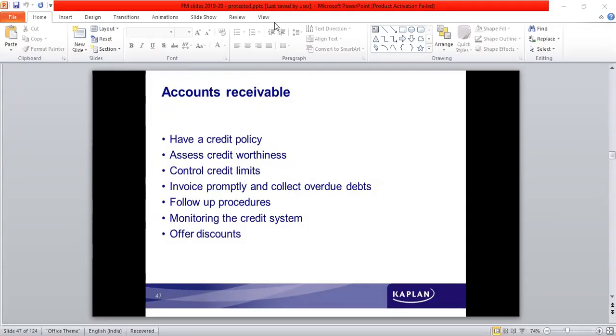So is credit facility extended to all types of customers? That is an important point. Or are all customers entitled to that? Then they have to evaluate what is the credit worthiness of the customer. Can credit facility be extended to any individual customer or customers? It is verified by looking into the credit worthiness of the customers. Assess the credit worthiness.